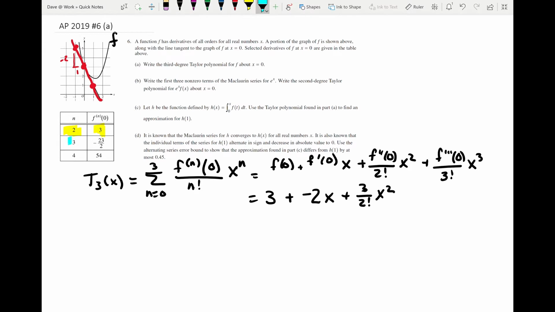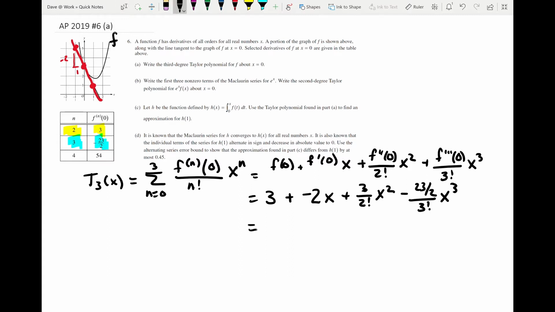So we go back to the table. There's our 3. We find out that the third derivative at 0 is -23 halves. We go minus 23 halves, divide that by 3 factorial, we get x cubed, and we've got our third degree Taylor polynomial. Although the answer you have is completely acceptable for AP, if you have the time and you wish